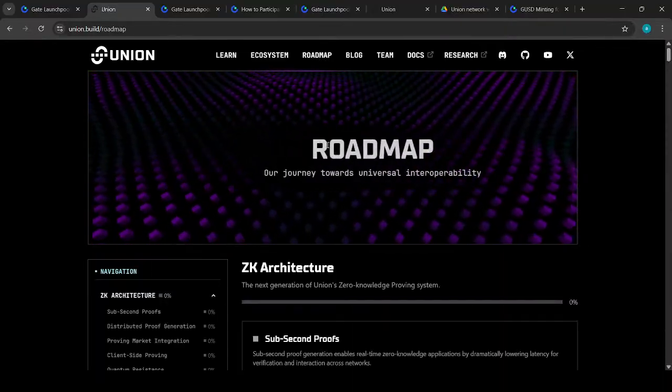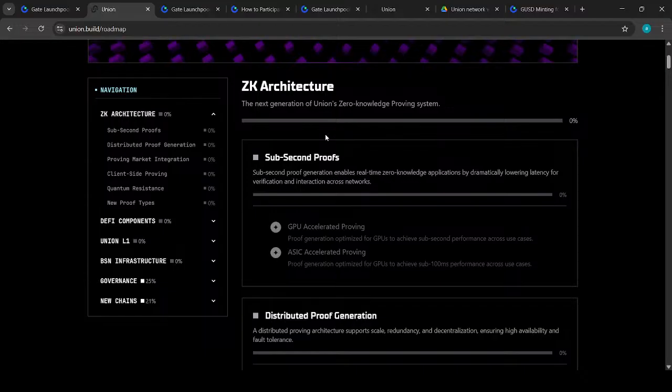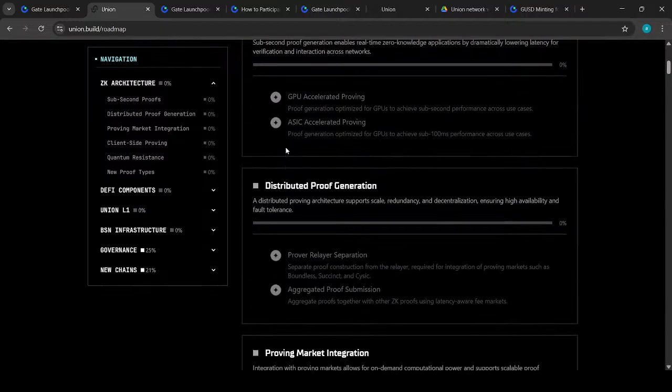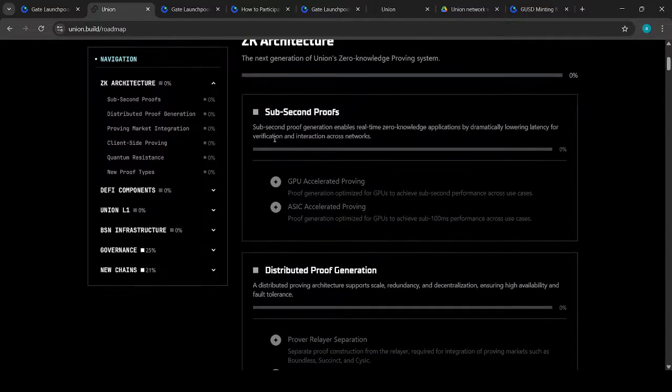So this coin's roadmap, guys: ZK architecture and the next generation Union zero knowledge proving system, guys. So sub-second proof generation, enabling real-time zero knowledge applications,